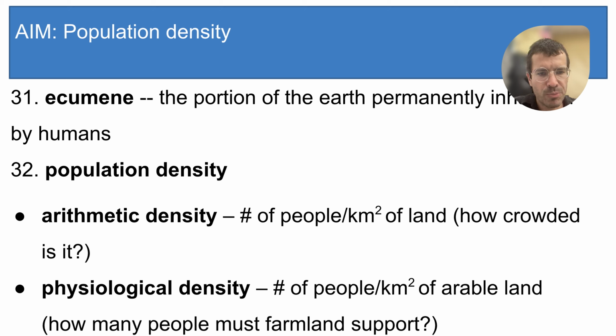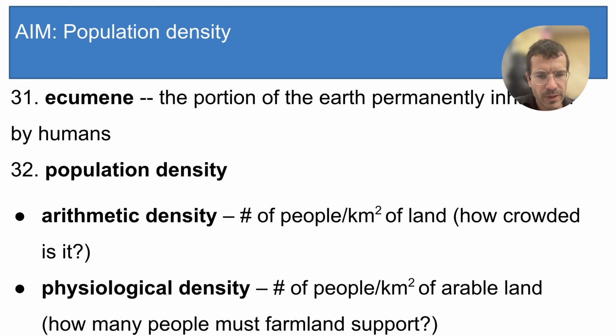And that's telling us how much pressure the population of a country is putting on the land in that country in order to produce food. Today, I think this figure is less important because of the globalization of the food supply. But historically, low physiological densities posed problems that people had to overcome in different ways. And some things that countries have done in the past, if they had low physiological density, were to import their food from trading partners or colonize new lands that had more arable land that they could use, or develop